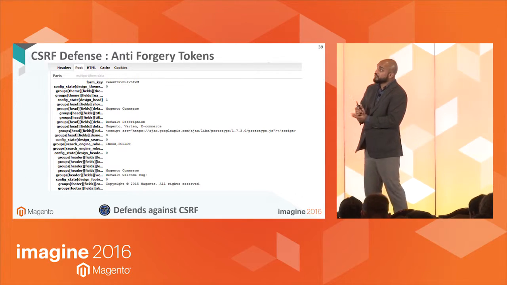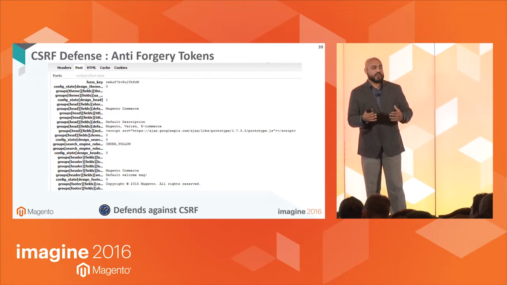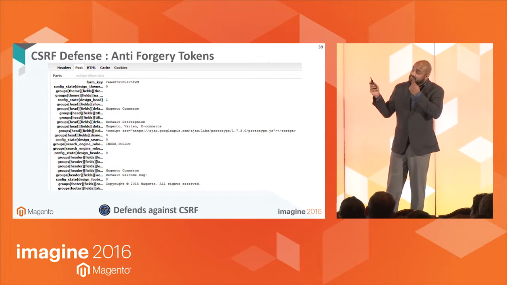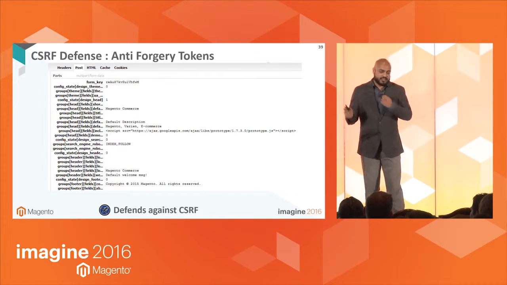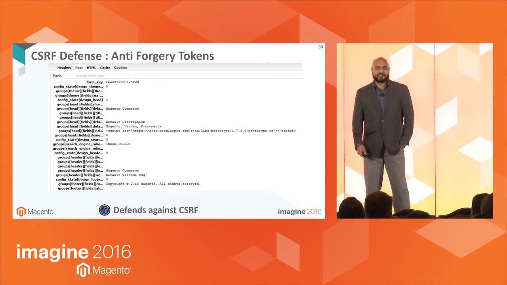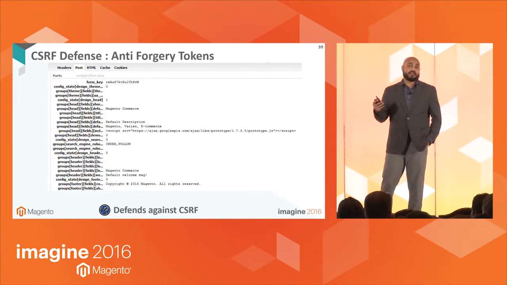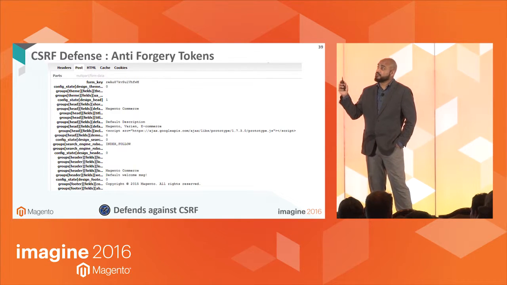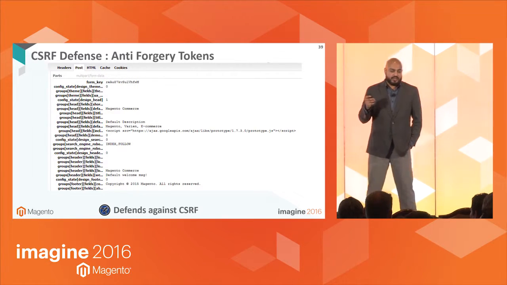And I encourage you to use it on any form that you create for custom code in Magento. The validator for the form key is located in, it's in my speaker notes, lib/internal/Magento/Framework. So you'll be able to find the validator class there, and that will have functions to make sure that your form key comes back properly.